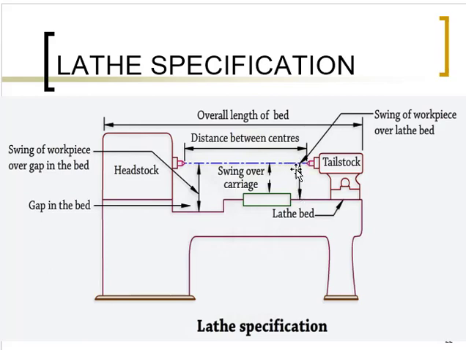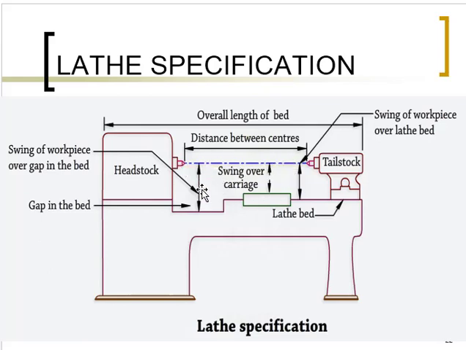It will tell you the diameter of the workpiece. We can see the maximum diameter of the workpiece which can be used here. If it exceeds the diameter, then you cannot fix it between these two because it won't rotate. It will get stuck. It will not rotate freely. You all know that in lathe operation, the workpiece has to rotate at higher speeds. So it will tell you the maximum diameter of the workpiece which can be machined in case of this lathe.